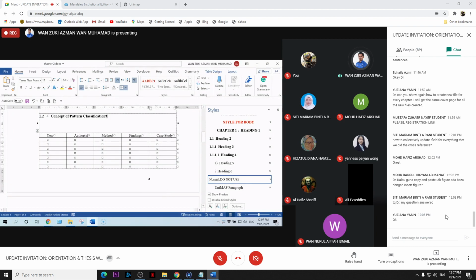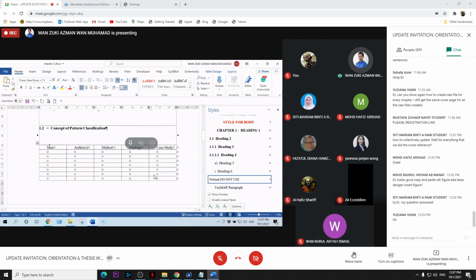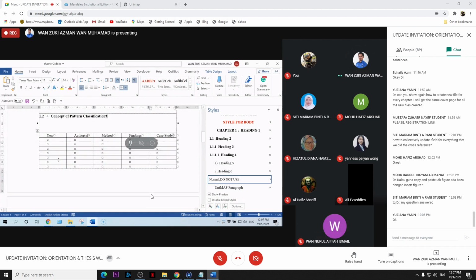Okay, so for the university, for a table, we don't have any specific format, unless we just mention the font size. The font size for the font in the table cannot exceed 12.